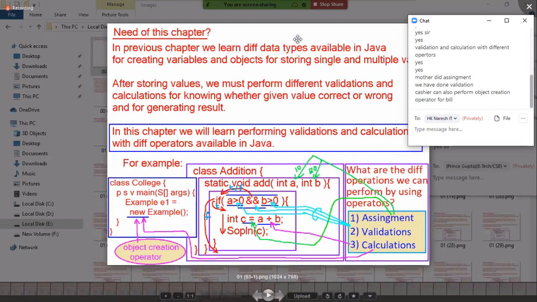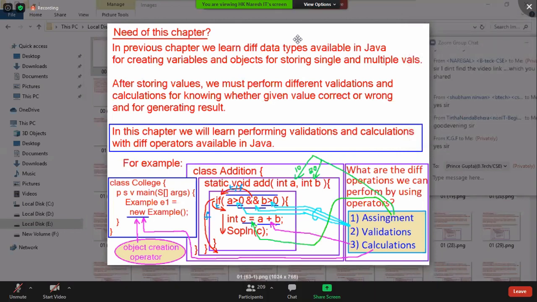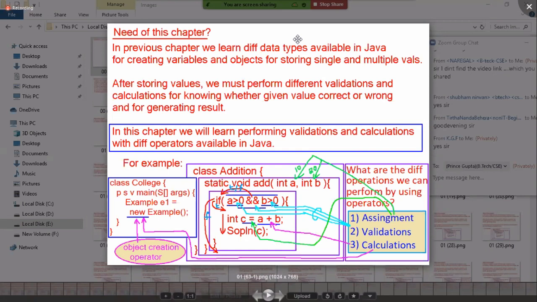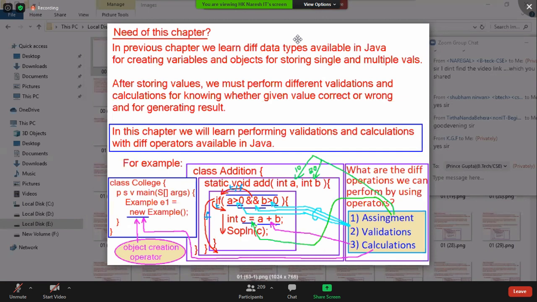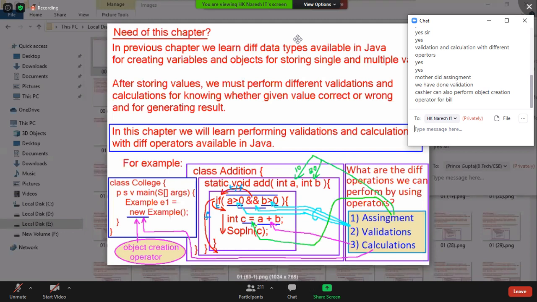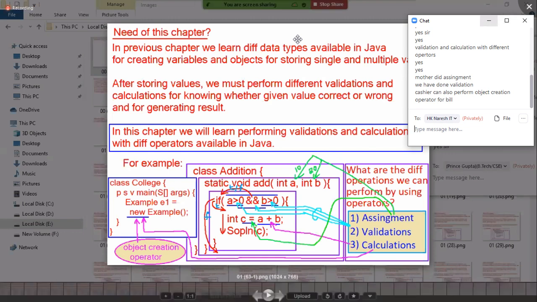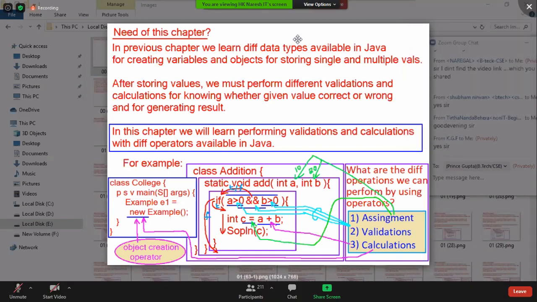At last, tell me, the total you are getting, that is called what? Calculation. Then now totally, let's say 5000 rupees. Now you are giving 5000 rupees to the cashier, and the cashier starts checking whether the money is original notes or fake notes, na? That is called what? Validation. So if all notes are original, then placing them inside the cash box, that is called calculation. And subtracting: let's say 1000 rupees is the bill, but I gave a 2000 rupees note. Now the 1000 rupees is deducted from there and given back to you, that's called calculation.